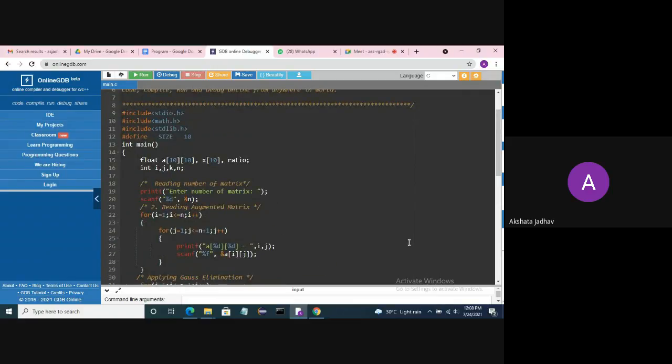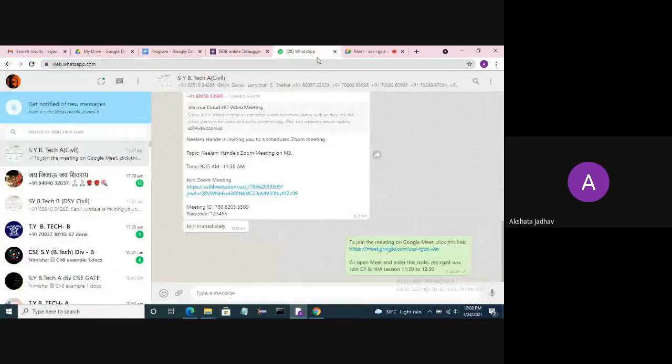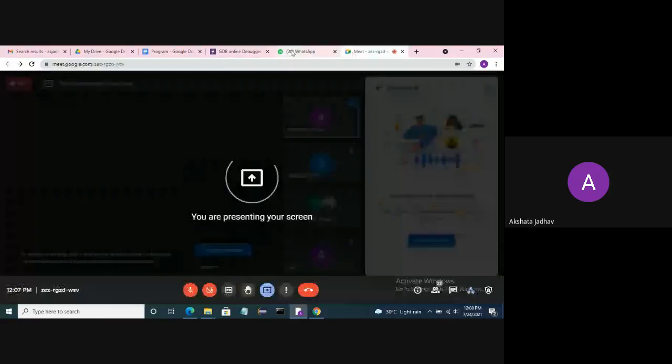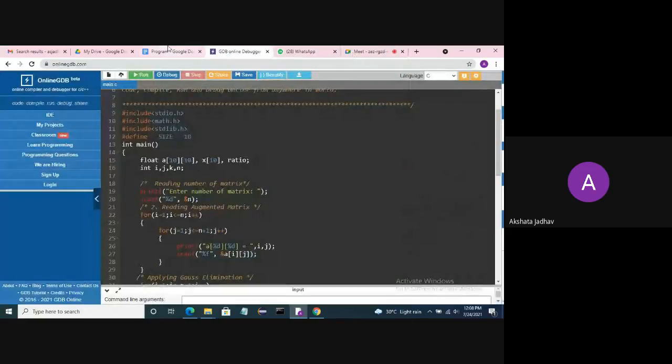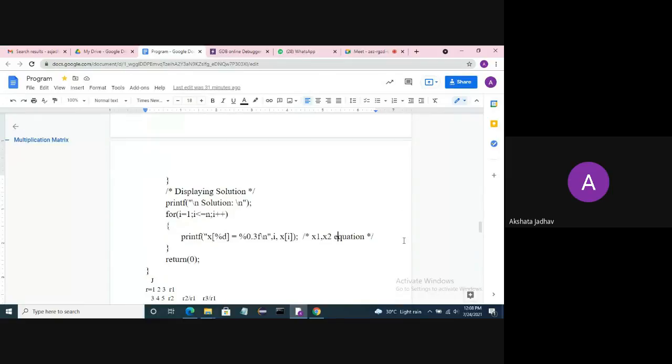Right now we will see only one session on the Gauss elimination method. Okay. In the bisection method, what is the bisection method? Don't know? Then the theory part will be covered in your session. Okay. Now all of you go for the program. I will send it to you in the group.